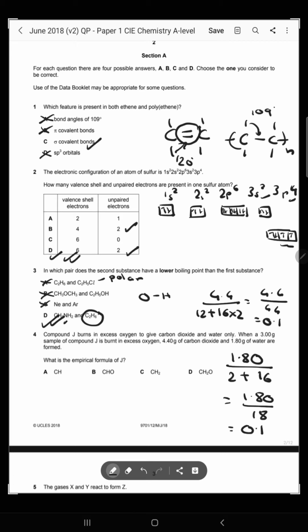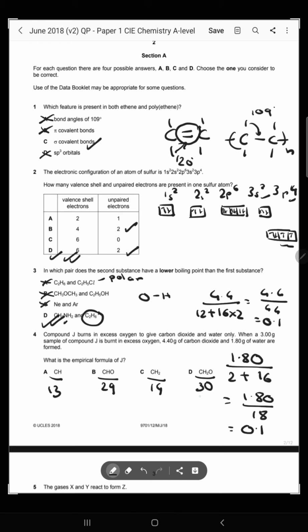And now you can just go through all of these compounds. CH, it is 12 plus 1, 13. CHO, 12 plus 16 is 28, plus 1 is 29. CH2, 12 plus 1 into 2 is 14. CH2O, 12 plus 1 into 2 is 14, plus 16 is 30. If you compare,